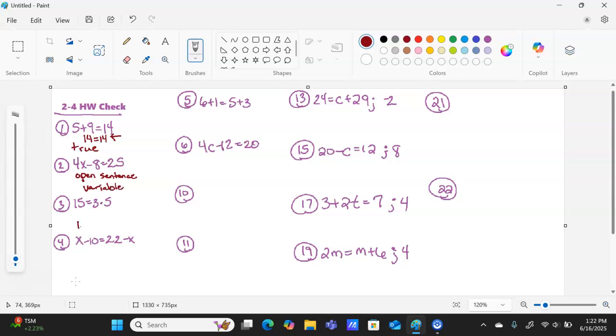This one, 15 equals 3 times 5 is 15, so this is true. And here's your explanation, 15 equals 15. This one is an open sentence. Or you could just say open, and the reason, because there's that variable there, we don't know what the value is. This is going to be false,